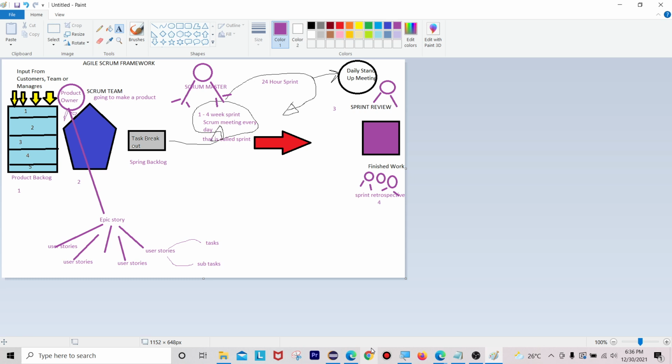Nowadays every company is following the agile methodology only. It is better to have at least 20 to 30% knowledge about the agile process that companies are following nowadays. So that's all for now.